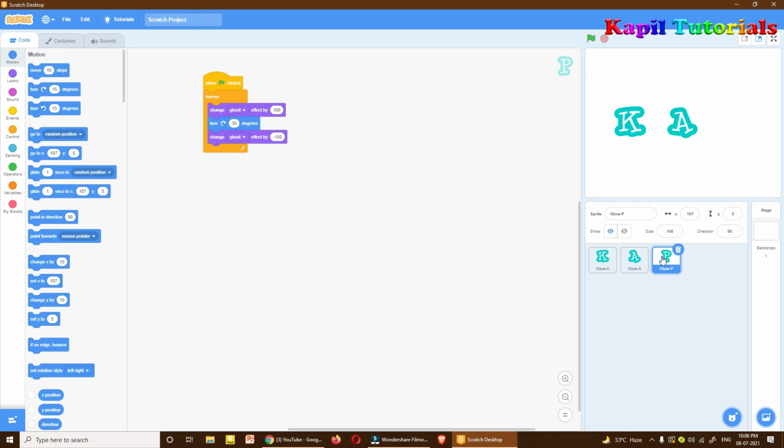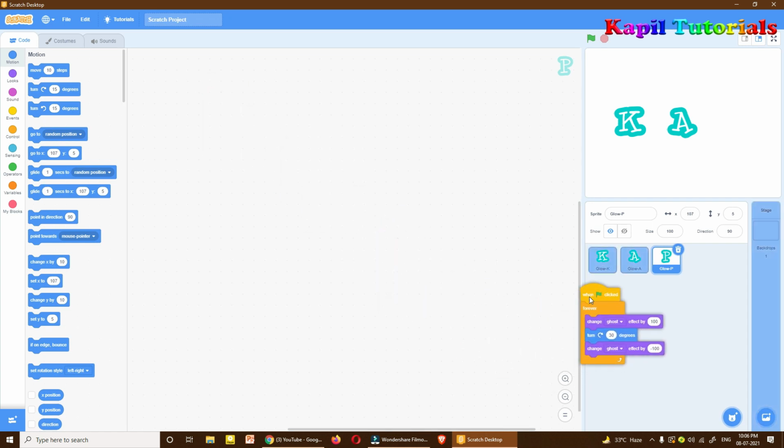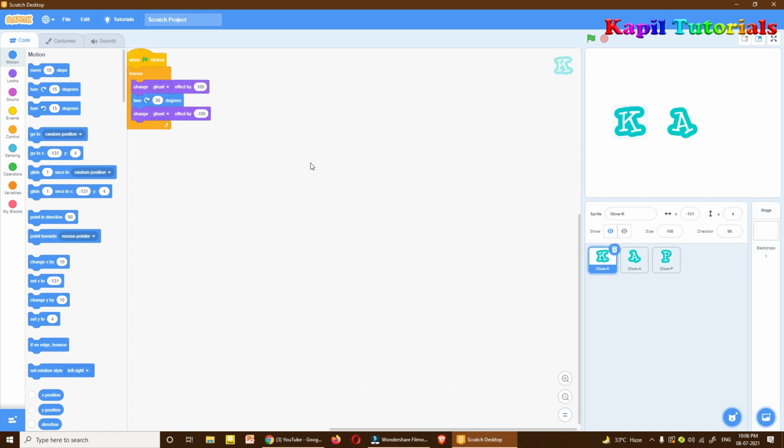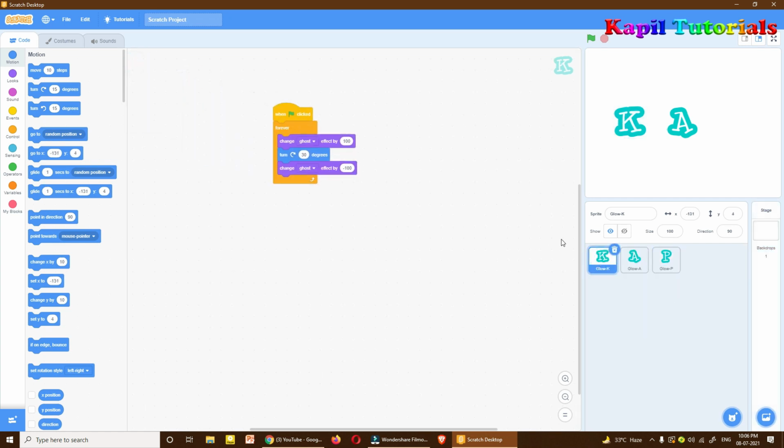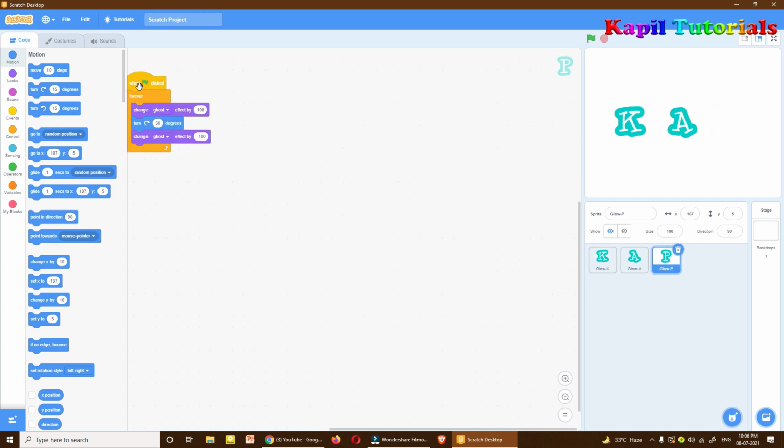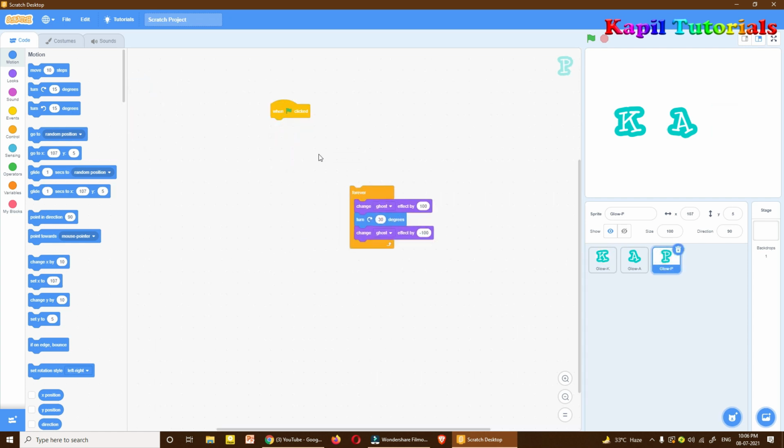Actually the animation which I have shown should be on K. So what I'll do, I'll copy these commands to my K sprite. I'll drag it and just drop it on K like this. So my K is also having the same kind of commands, and on P I don't need this, so I have just removed the commands.